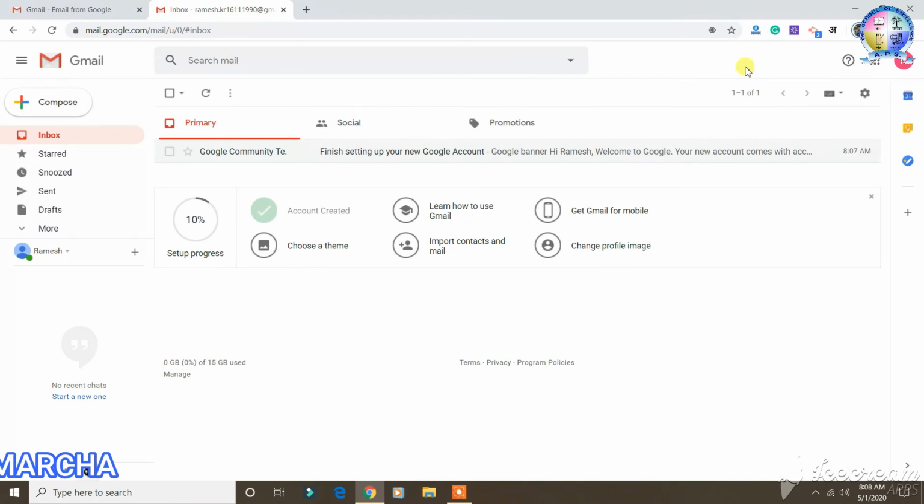This is the way through which you can create your Gmail ID. I hope you have got the idea of how to create your Gmail ID. Now we will see how you can open your Gmail ID. First of all, we will sign out.